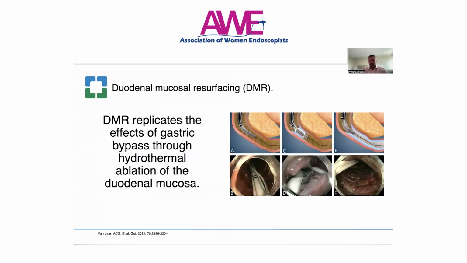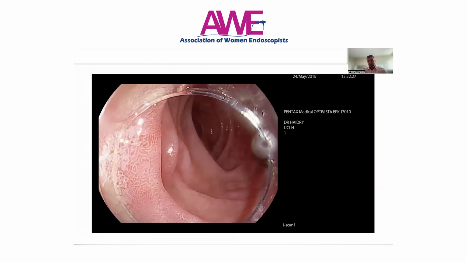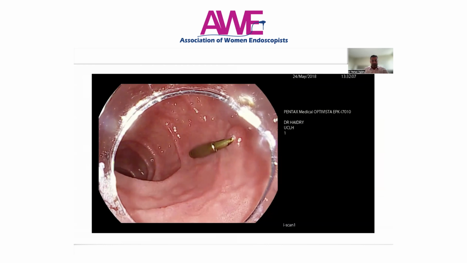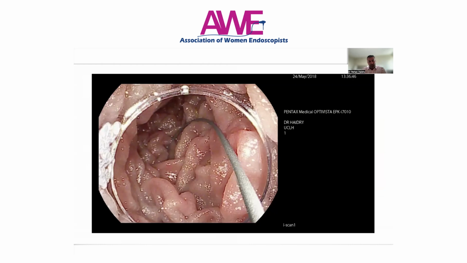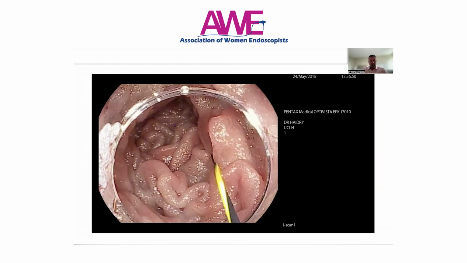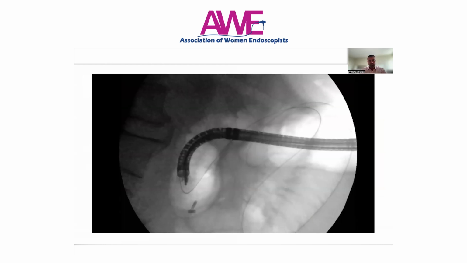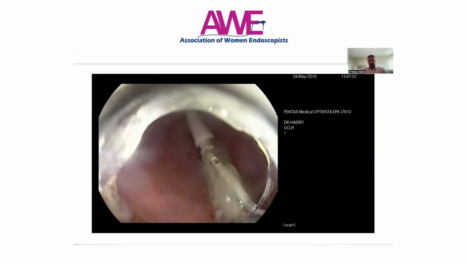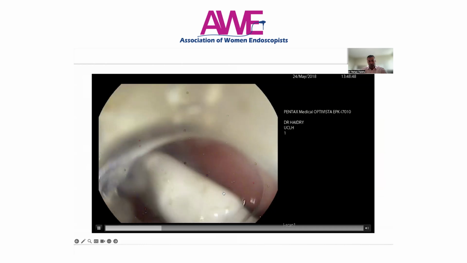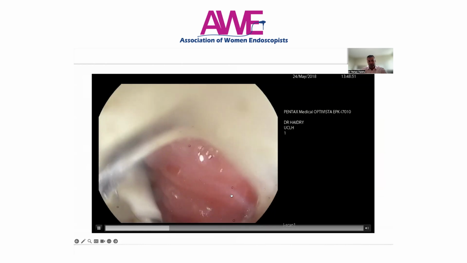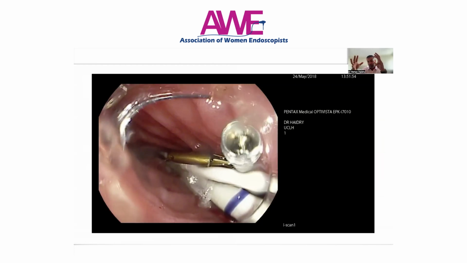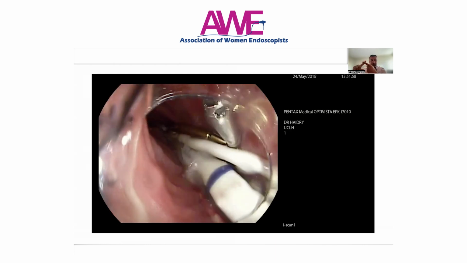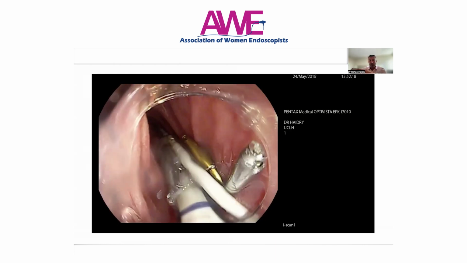It essentially replicates these effects of a gastric bypass by a hydrothermal ablation of the proximal duodenum. It is a balloon-based intervention that involves both direct endoscopic vision and fluoroscopy. It involves a bespoke catheter that is passed over a guide wire into the proximal duodenum, as you can see here. The 2-centimeter ablation balloon also has injection needles that carry out a submucosal injection into the duodenal mucosa to create this barrier and cushion to mitigate against, number one, perforation, but also number two, any medium to long-term sequelae such as